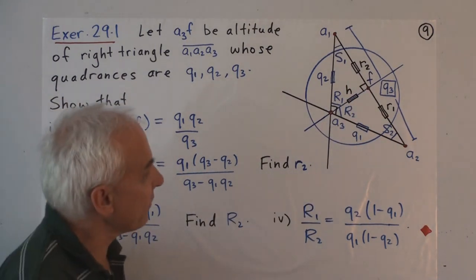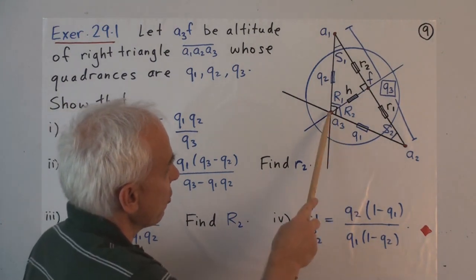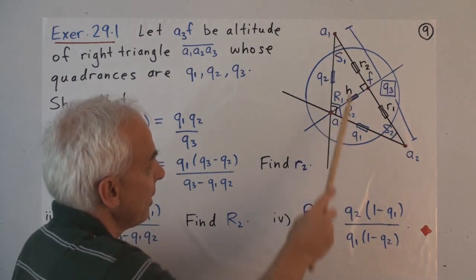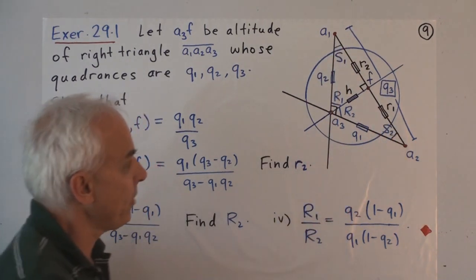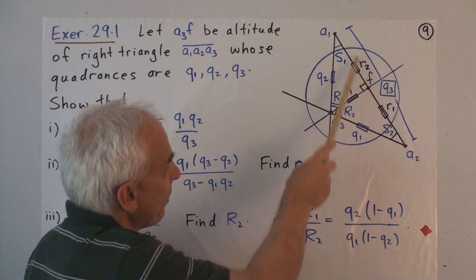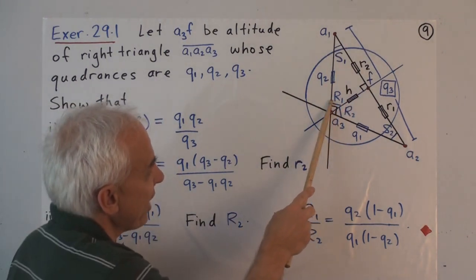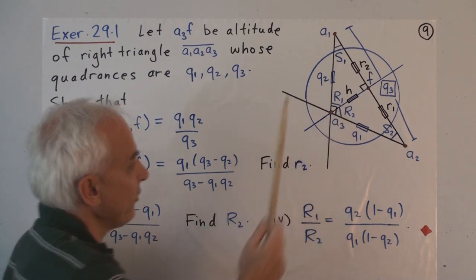That automatically gives a few other quantities of interest. So besides the regular quadrances Q1, Q2, Q3, and the regular spreads S1 and S2, we now have two additional quadrances, that one R1 and that one R2. And we have two additional spreads, that spread capital R1 and that spread capital R2.